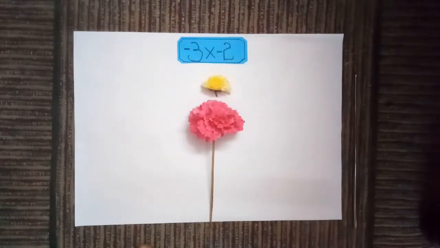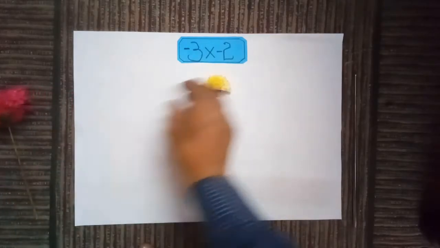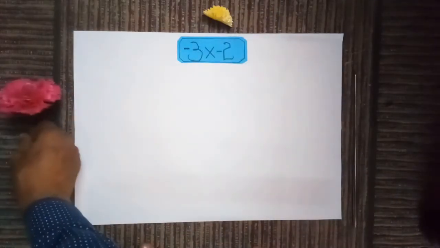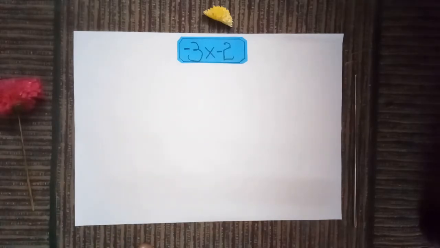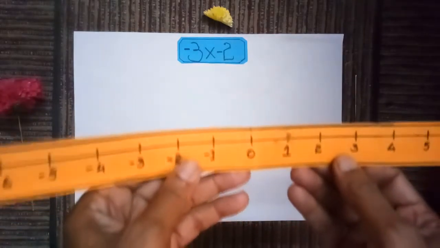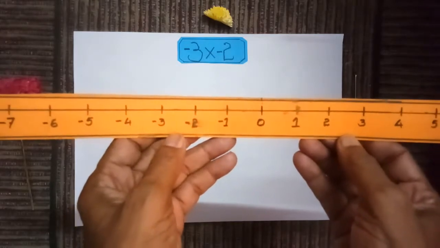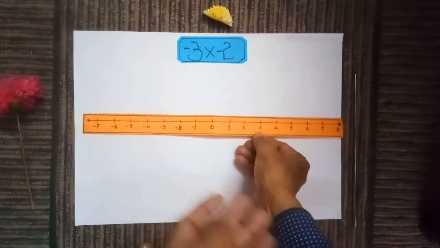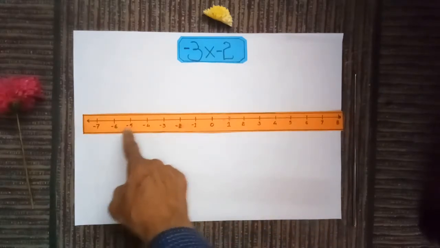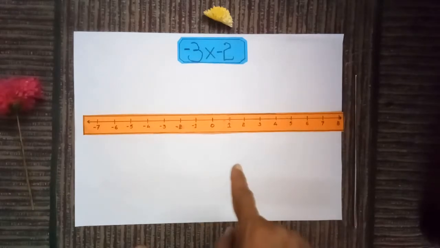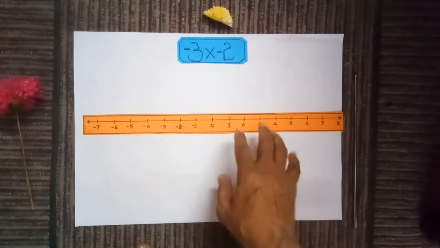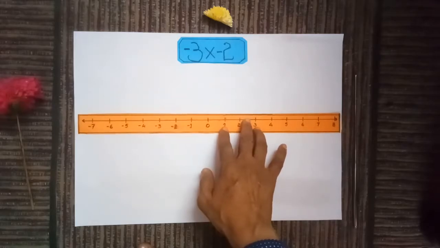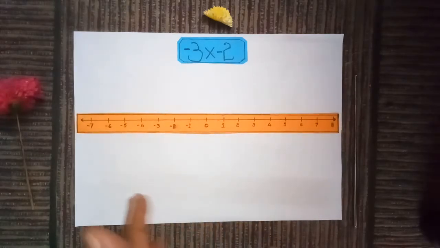Now today, with the help of the number line concept only, we shall try to understand how a negative quantity times another negative quantity is a positive quantity. Okay. What is a number line? A number line is nothing but a line on which the real numbers are marked. Real numbers means rational and irrational numbers put together form the set of real numbers.